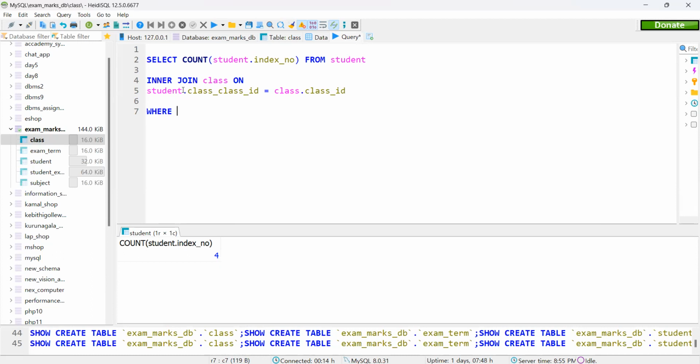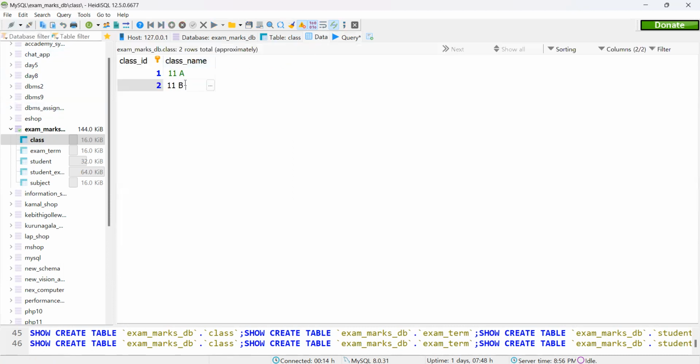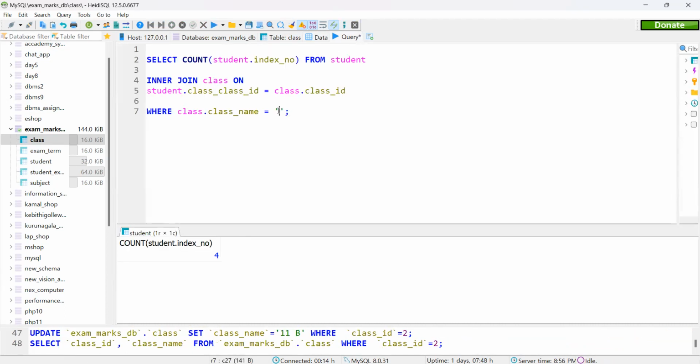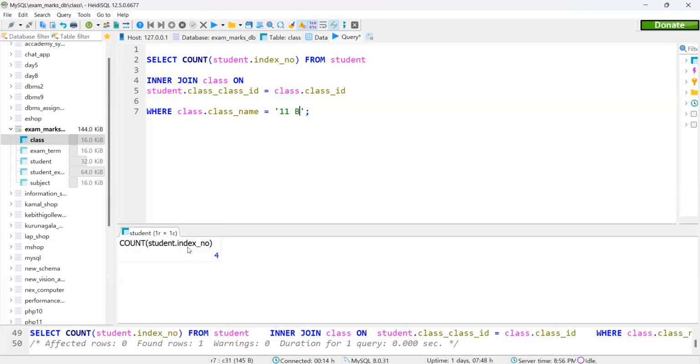Then say which condition we want: our class name equal to class 11B. Now I get our class. Let's execute this query, and we have a result of 4. There are 4 students in class 11B in our